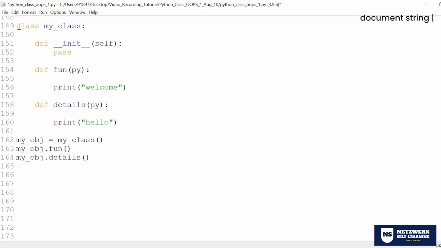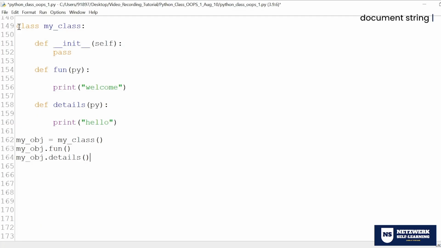So out of curiosity, or as a better practice, anyone who uses the function should know what the class is all about, how the class is defined, is there any function, what are the argument types, and what needs to be given. So what you have to always follow is that whenever you create a constructor as a developer, you should always create a document string.